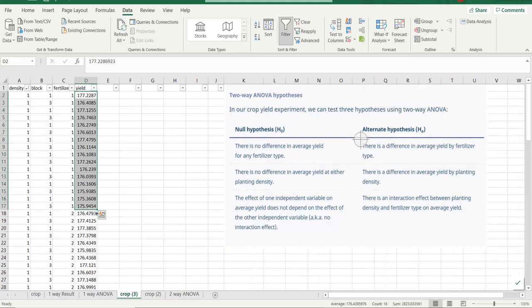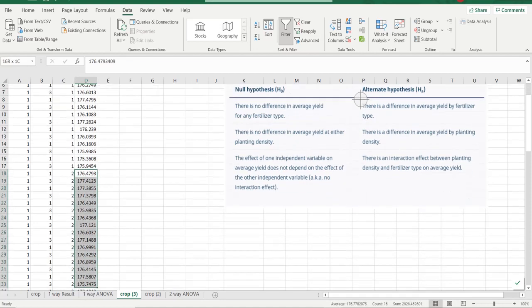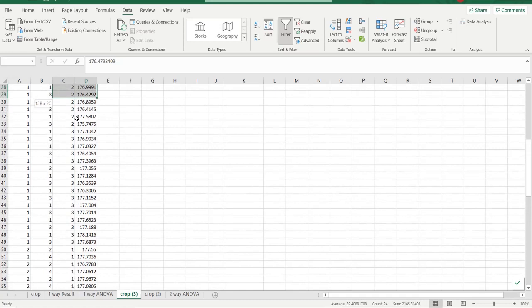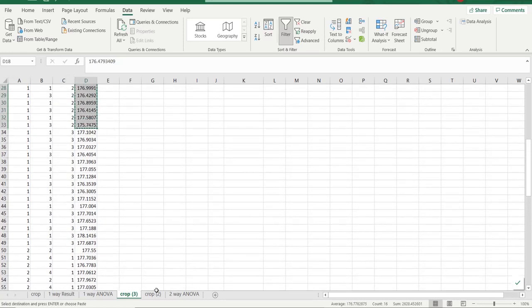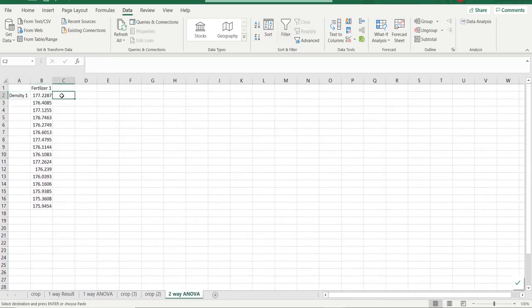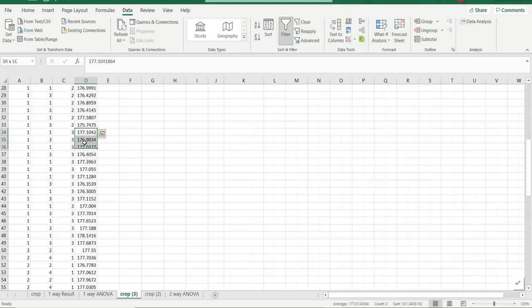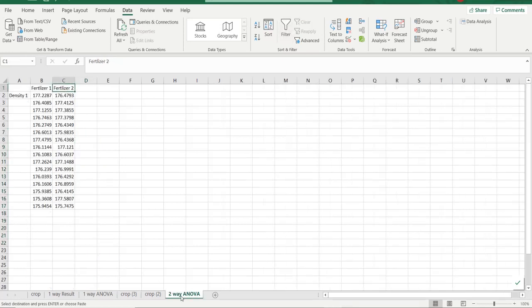Similarly, copy the yield for fertilizer type 2 and density 1. Naming this column as fertilizer 2. Next choose the yield for fertilizer type 3 and density 1.